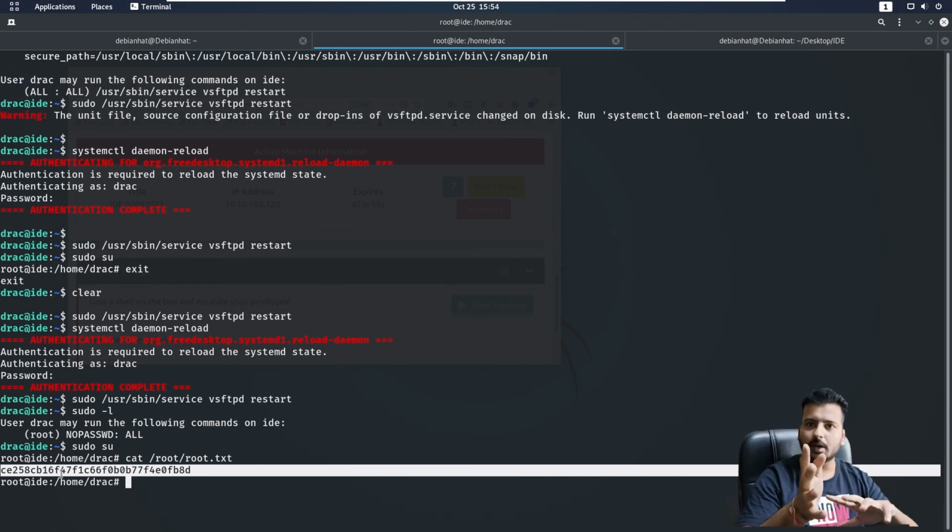What I would leave up to you as a task is to read through the exploit that we have used, and reading that, try to exploit the service manually if you would be able to, because it's pretty much simple. If not, you can leave a comment down below and I will do that manually for you people. I'll execute it manually, if there is something you don't understand. I hope things are pretty much clear. We have gone so far, we have learned all the things in case of enumeration.